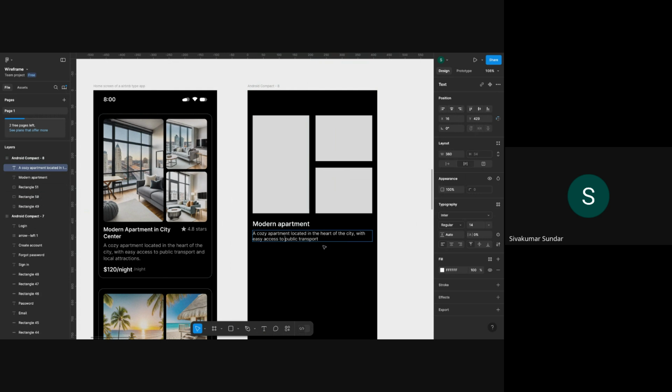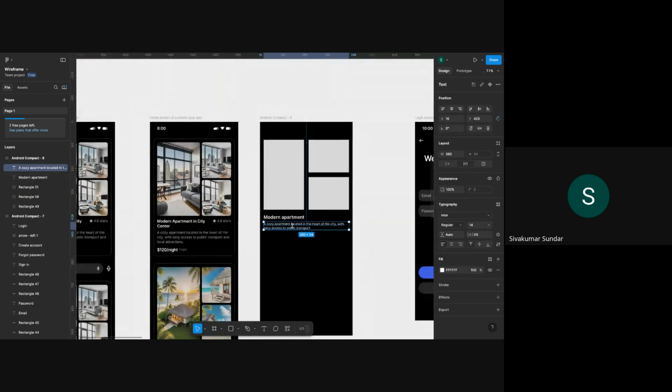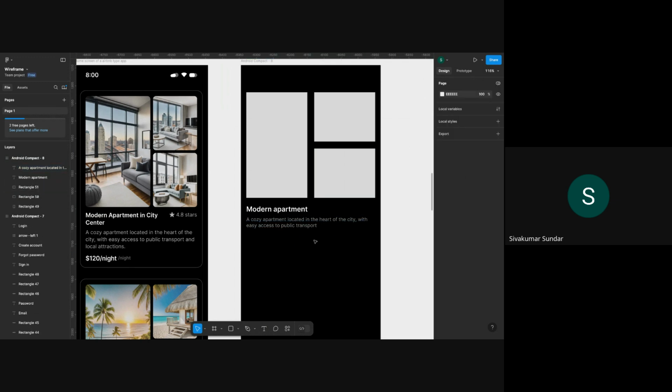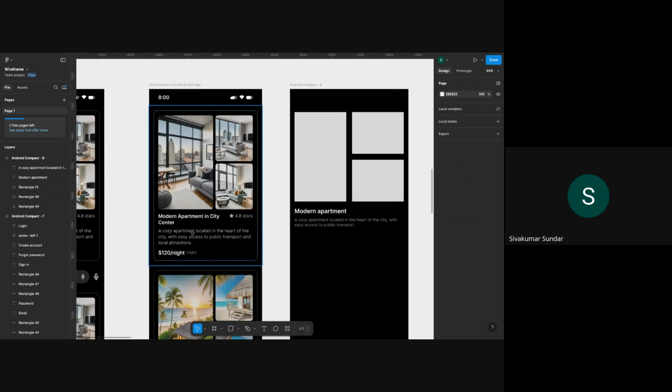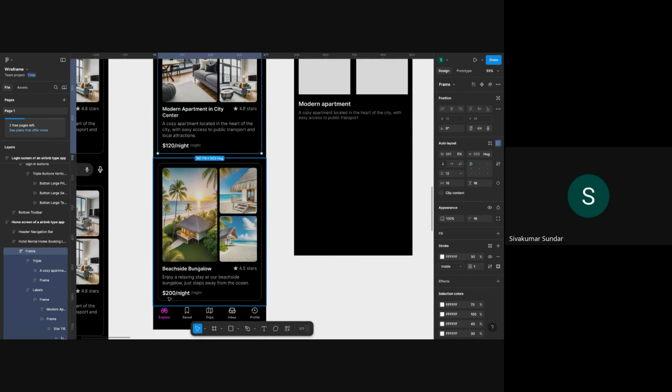Now to maintain a better hierarchy, I'm changing the color to a little grayish to give it a little less prominence, right? The reason these three things are different in size and color is to maintain hierarchy. The moment you look at this section alone, the first thing you see is the images. The next thing is probably the name of the room. The next thing that immediately attracts your eye is the price, because that is the important factor for a user to make a decision. So, for example, if this is 120 per night and this is 200 per night,